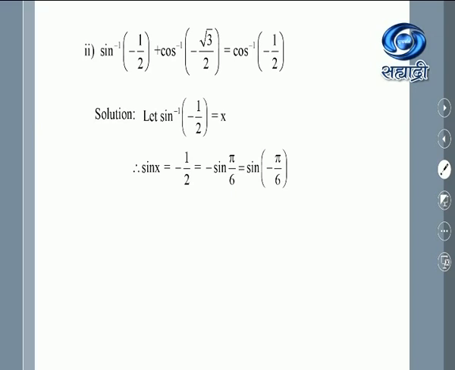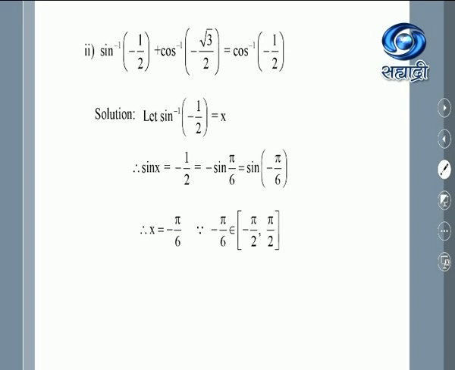So with the rules of negative angles, we write, you know, sine of minus theta is equal to minus sine theta. Therefore, sine of minus pi by 6 is minus sine pi by 6. Now look at these two terms. Thus we got sine of minus pi by 6 is equal to sine of x. Therefore, x is equal to minus pi by 6. But this is not the complete solution. We will have to check.